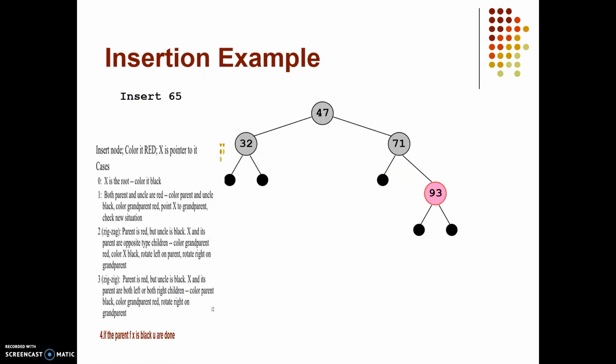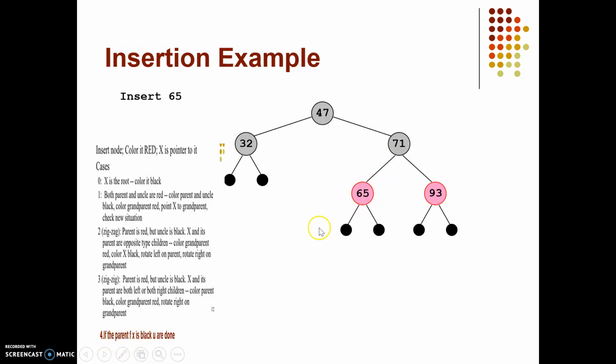For example, if I need to insert 65, the newly inserted node, first, this is a red black tree because the root is black, we have an equal number of black nodes, and we are not having two adjacent red nodes. So the next number to be inserted is 65. The newly inserted node will be of red color. Here is the position because 65 is greater than 47. Since it is not the root of the tree, we will look at case 4.